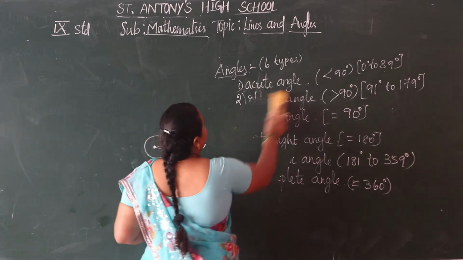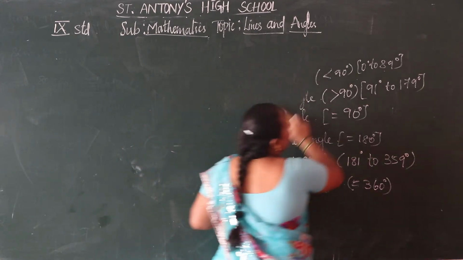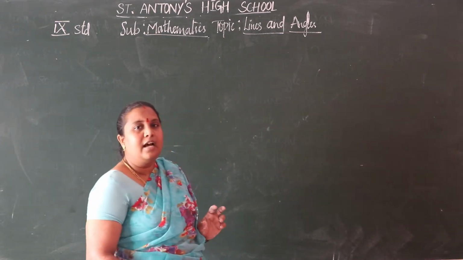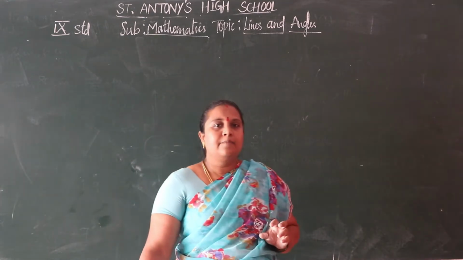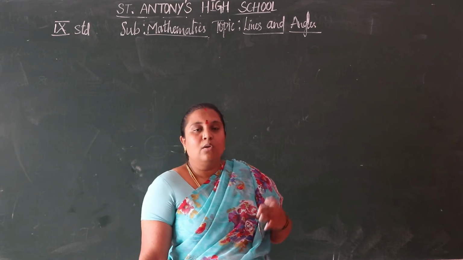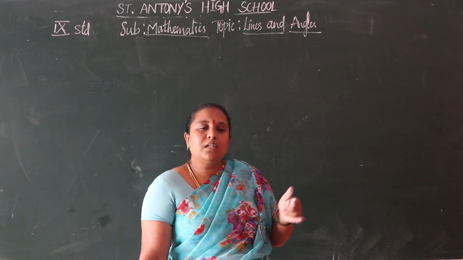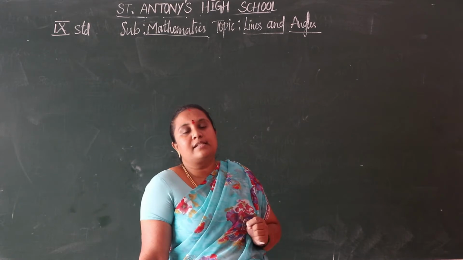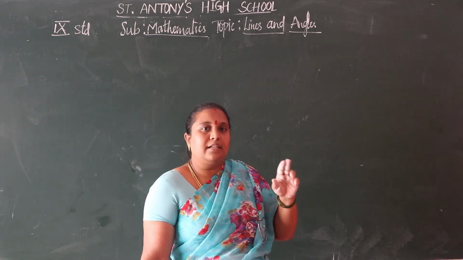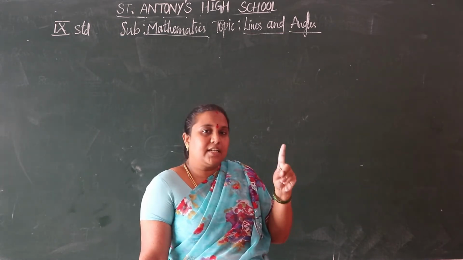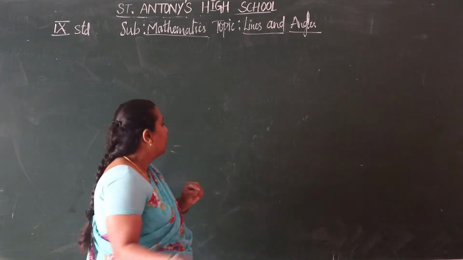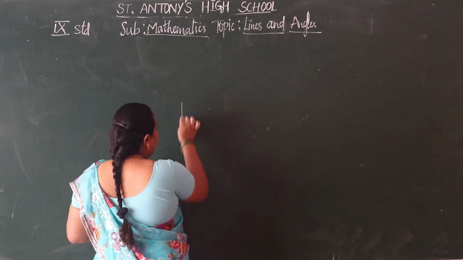That is based on the angles we form here: adjacent angles. What are adjacent angles? What are the conditions of adjacent angles? We read this in your 7th standard class, and we are recalling the concepts now. Two angles are adjacent if, first, the two angles have the same vertex.